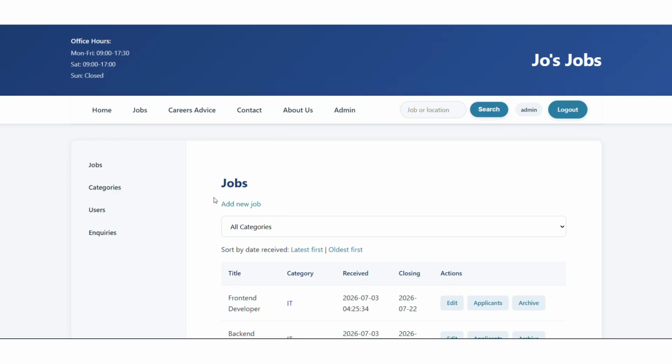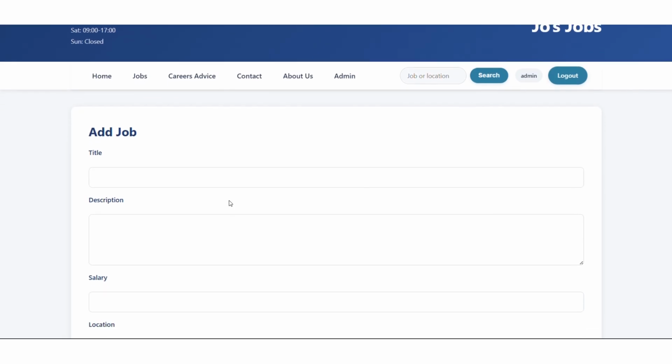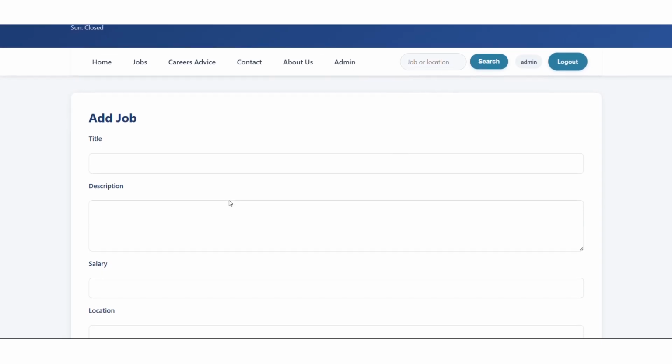Now let's move to adding jobs and viewing applicants. A client can only see and manage their own jobs. Here you can see the jobs created by this client. I will create a new job as a client.